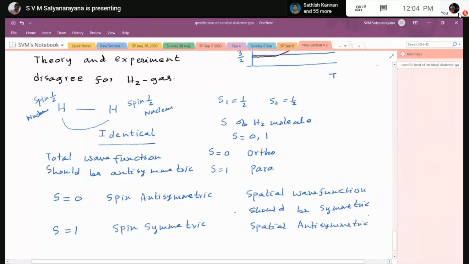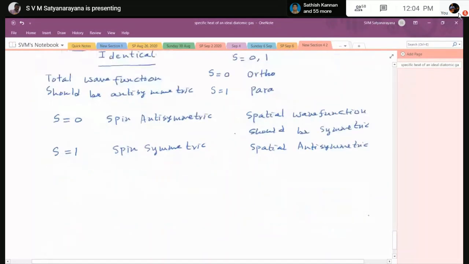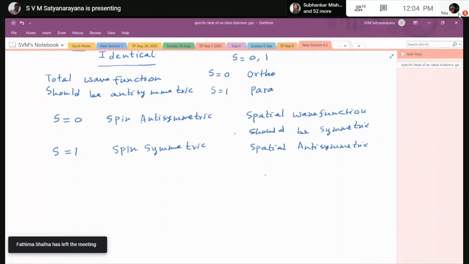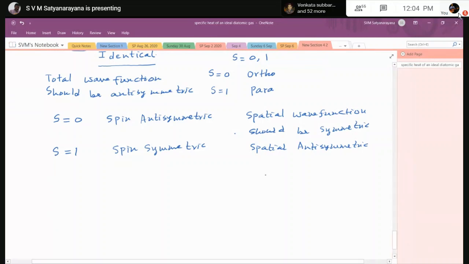Now look at the spatial wave function. The electronic wave function is in the ground state because that is already frozen, so that is symmetric. The vibrational ground state is symmetric, and the translational state is always symmetric. So the symmetry of the wave function will be determined by the